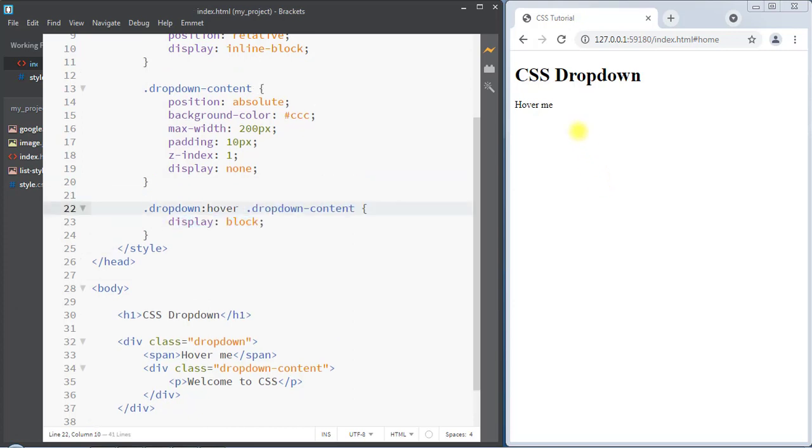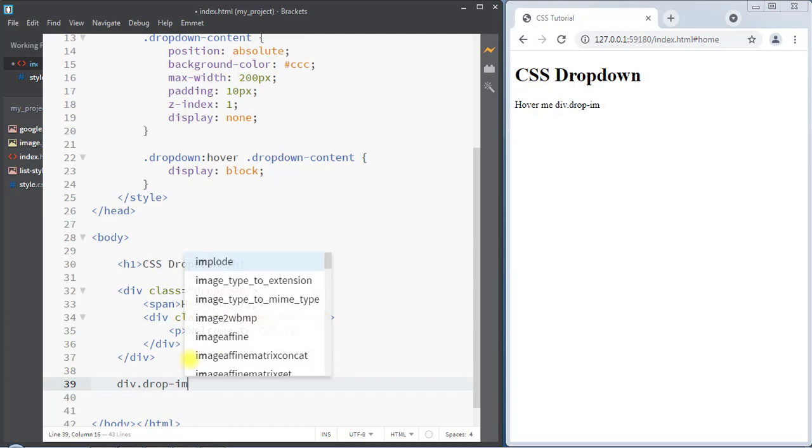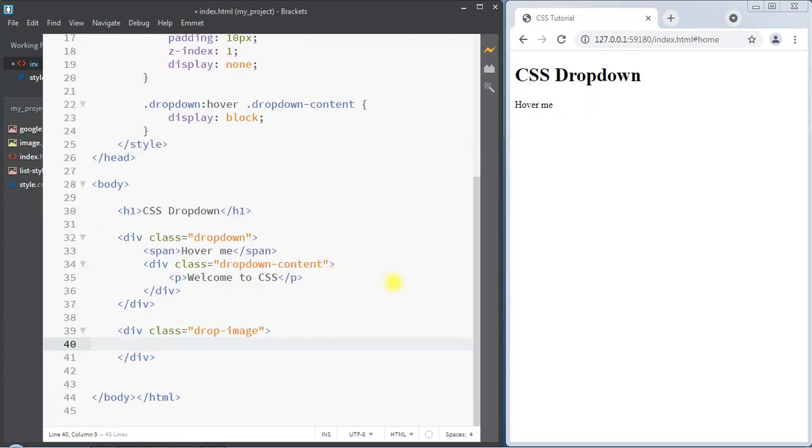So you can see whenever we put our mouse over the outer content, then the inner content is visible as a drop down. So this is the way we can create the drop down content. And in a similar way we can also create one drop down image. For that I'm going to create one div with the class drop image. Now inside the outer div we're going to have the image,